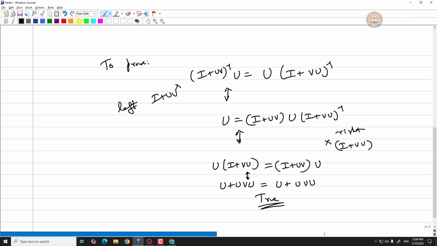If that is true, then the next one is true. Now that is true, then the next one is true. If and only if, these are all if and only if, it can go both ways, right? So once you finally got to this point, it's the same thing. So these two are actually the same